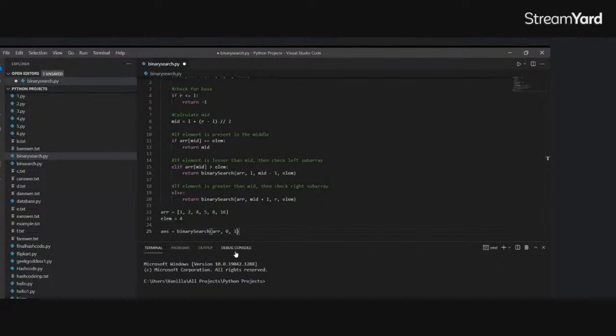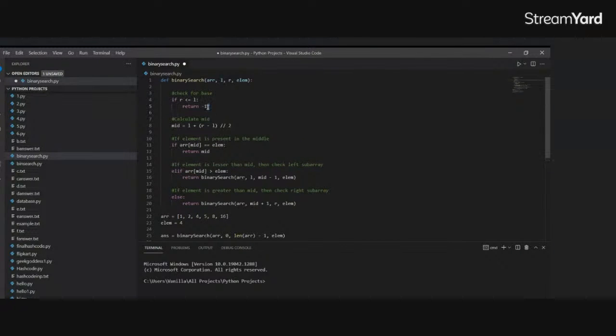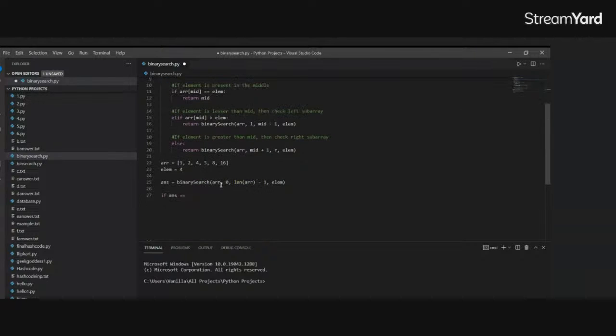First, left is 0. Second, right is length of my array minus 1, and then we're going to pass the element. Now, if my element is not found, then it will return minus 1 for me. So if answer is equal to minus 1, say